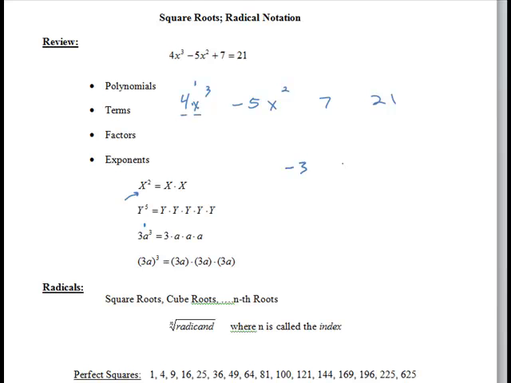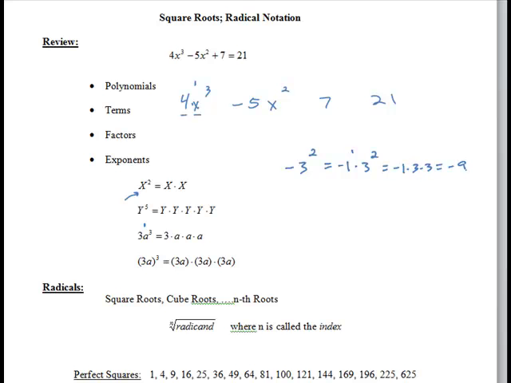Another common mistake students make in math is thinking that negative 3 squared is equal to a positive 9. It's not. We know that anything negative, the way it's written in this case anyway, is actually being multiplied by a negative 1. So if we write it out like that, we see that exponent of 2 only belongs to 3. That factor negative 1 has its own exponent, so when you expand it out, negative 1 times 3